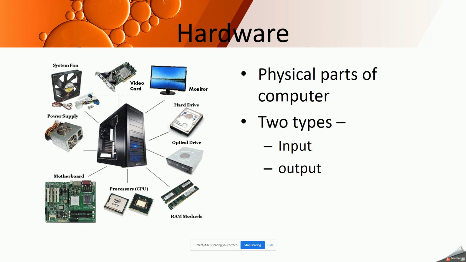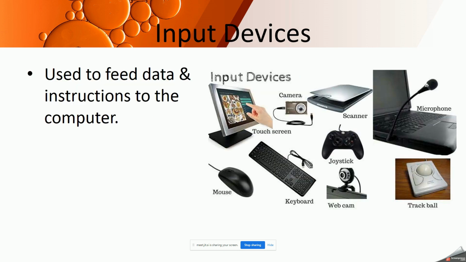Yes, very good, Rakshit. Rakshit gave me the answer, input from which we can insert anything, that is giving some input, some data to the computer so that it can work upon. For example, we use the keyboard, mouse, scanner. These all are what? Input devices. And output devices are those from where we get the results. So these are all the input devices which are used to feed data and instructions to the computer.